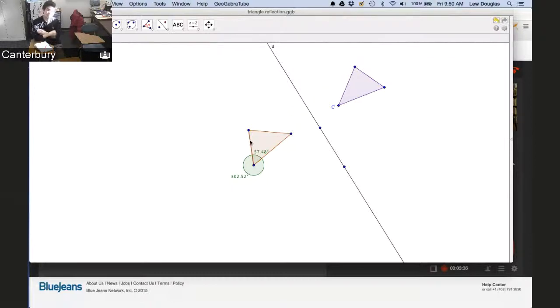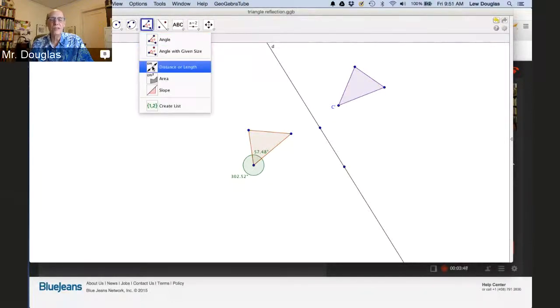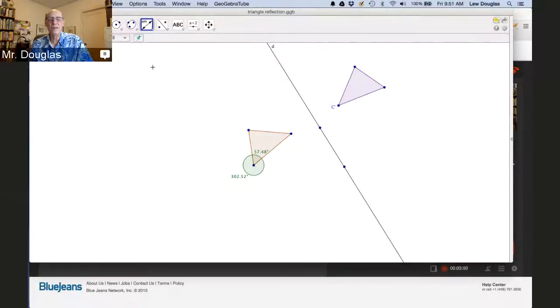You have to be careful if you're measuring an angle. Counterclockwise is positive, clockwise is negative. If you want to measure a distance or a length, that's the only other one. You can see the others. Then, as it says, it's in centimeters. So select 2 points, a segment, a polygon, or a circle. You can select lots of things. But if you select this and then you select this, and this time the order doesn't matter, it tells you that AC is, and the reason it says AC equals is probably because